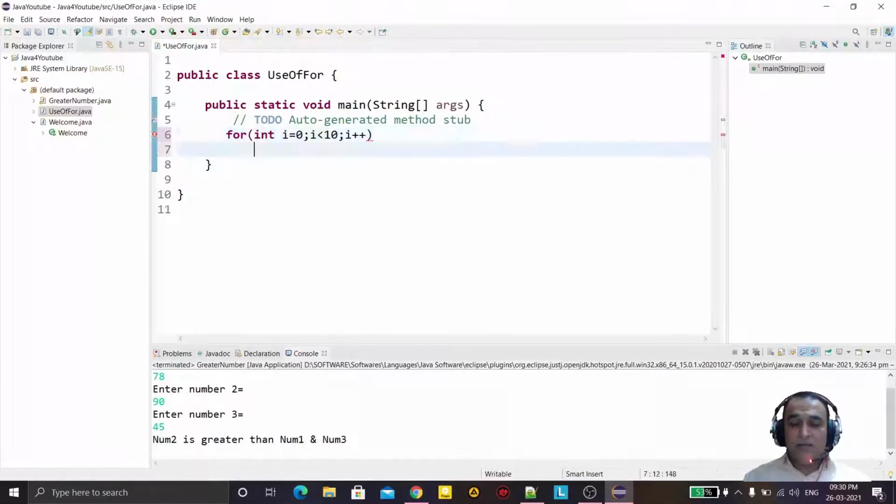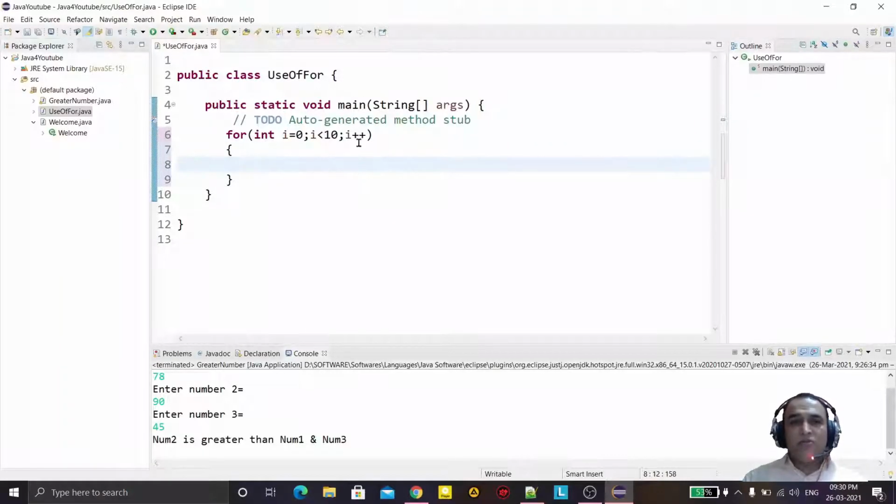Here I say that i should be plus plus, plus 1 after each and every iteration. Means first it will display 0, then 1, then 2, then 3, and it will run while i is less than 10, means until the i value goes to 9.